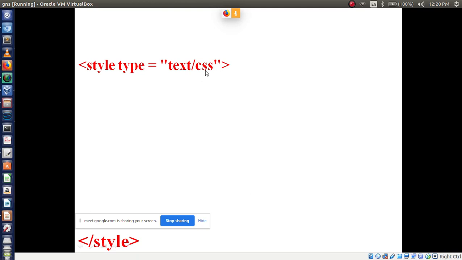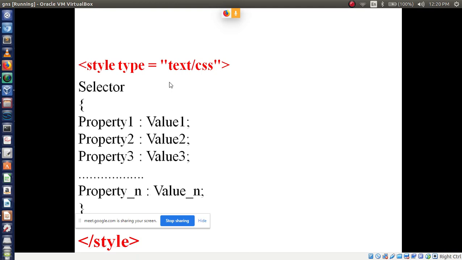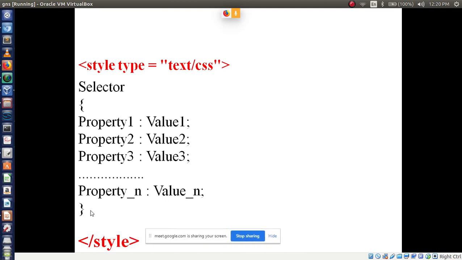You are using CSS. Only with this tag will it allow you to write like this: selector followed by open bracket, then closing bracket. This appears when you use the style tag in your program, right?